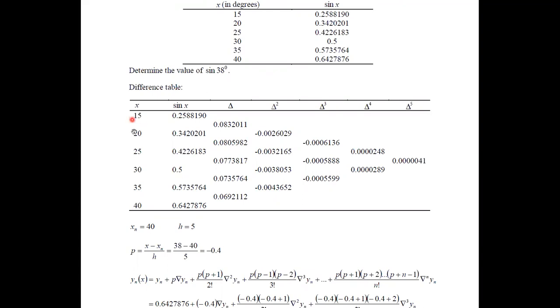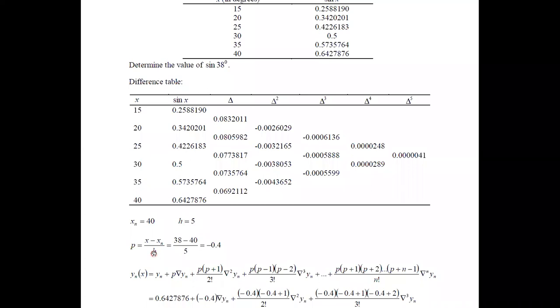According to this example, you can see that all the differences are the same. If you consider any two consecutive points, the differences are the same among these data points. Therefore, you can use Newton's interpolation formula, either forward or backward. Here we need to use backward, because we need to identify the value of y for x equals 38. Likewise, you can obtain the value of h as 5, and then you need to identify the value of p.